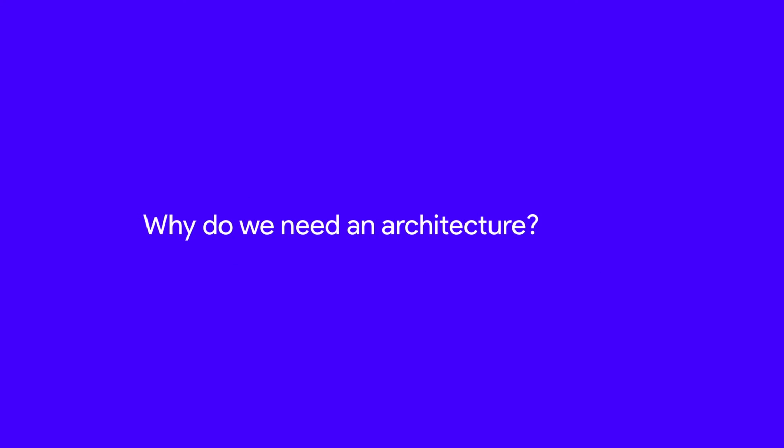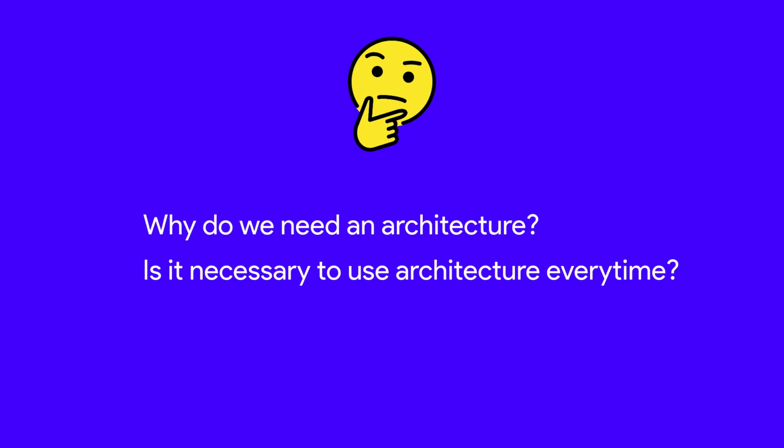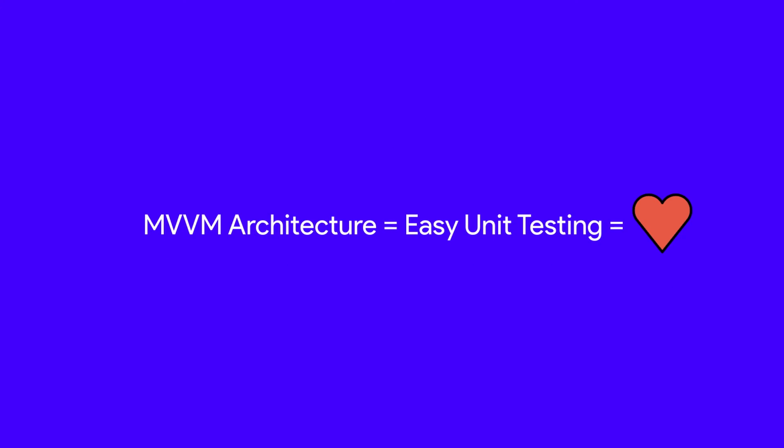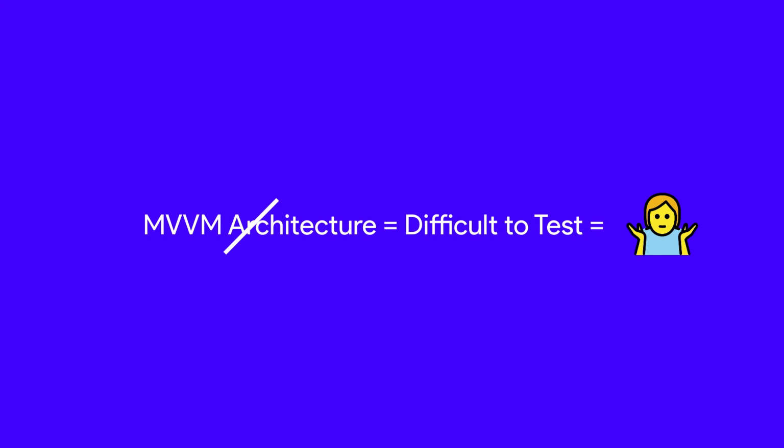One more thing I wanted to discuss is why are we even using this architecture pattern, and is it necessary to follow this architecture pattern? So the answer to the first question is that having this architecture pattern helps to create applications that are more testable and scalable. An application is not good if it is not testable. So adapting to an architecture pattern really helps with that part.